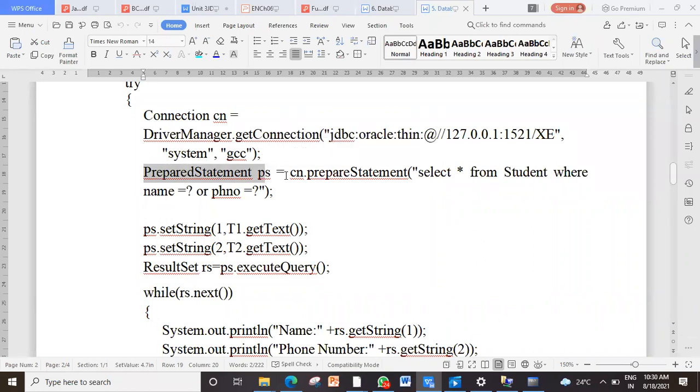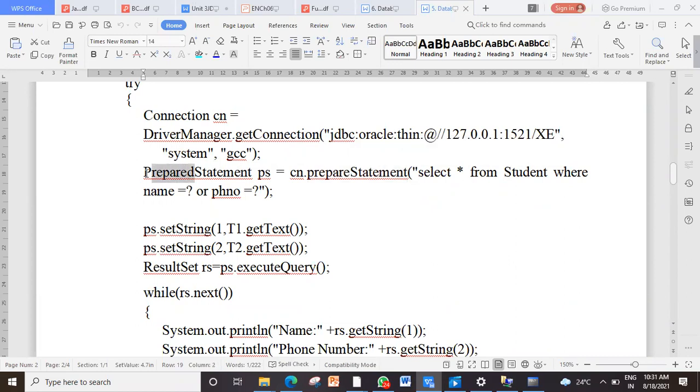Then see how I prepare the statement. When a normal statement object is prepared, we say createStatement with blank brackets. But when a prepared statement is prepared, we have to call which method? prepareStatement. How is the PreparedStatement object prepared? Using prepareStatement. So there is a difference.